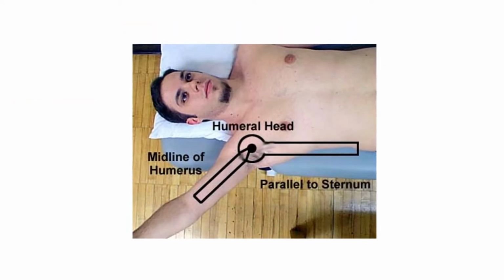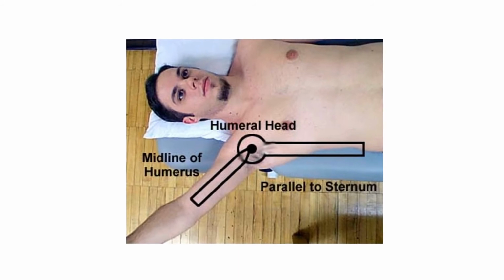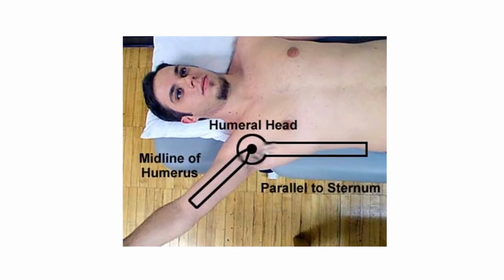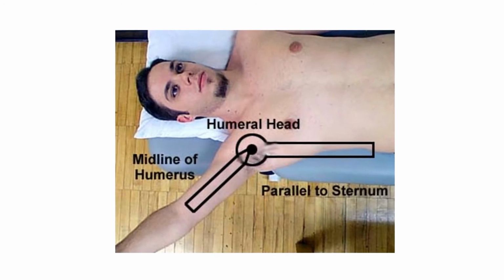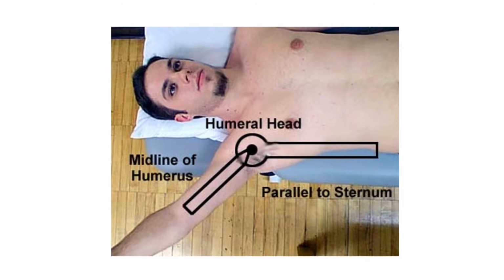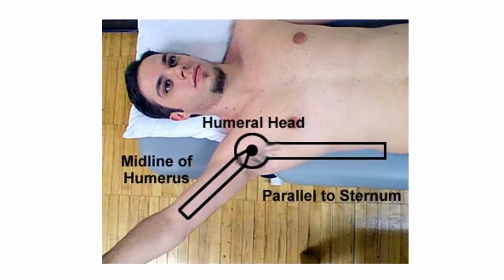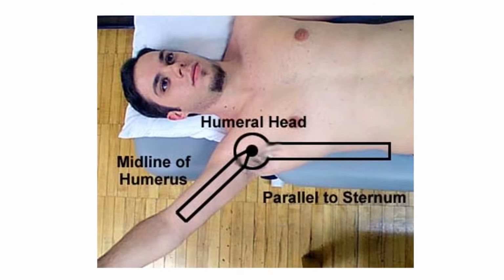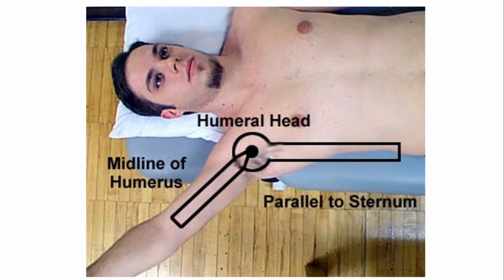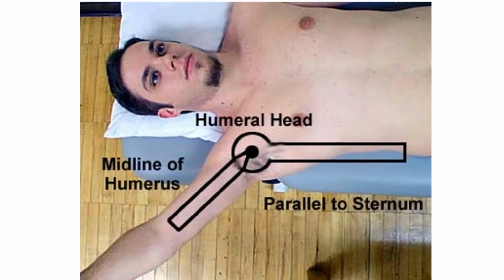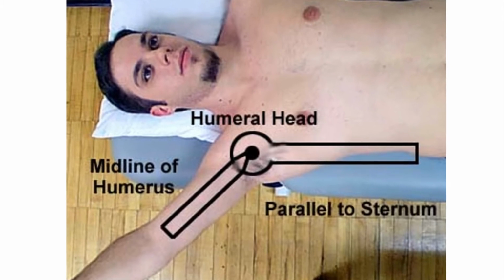To measure range of motion of shoulder abduction, the goniometer alignments are: central fulcrum of the goniometer close to the anterior aspect of the acromial process. Align the proximal arm so that it is parallel to the midline of the anterior aspect of the sternum. Align the distal arm with the anterior midline of the humerus.